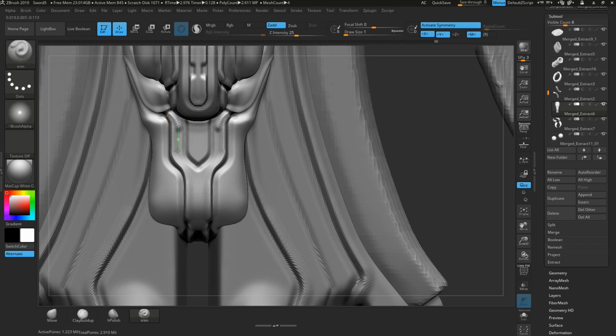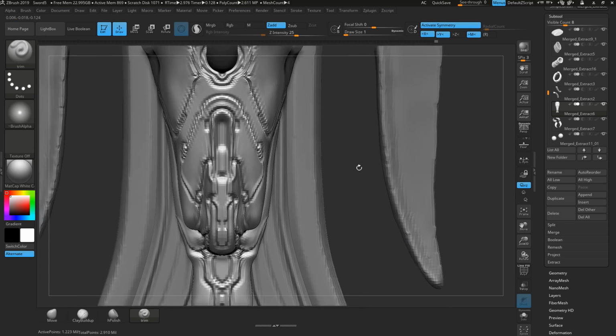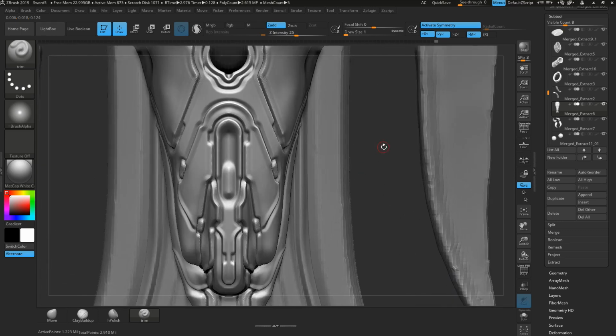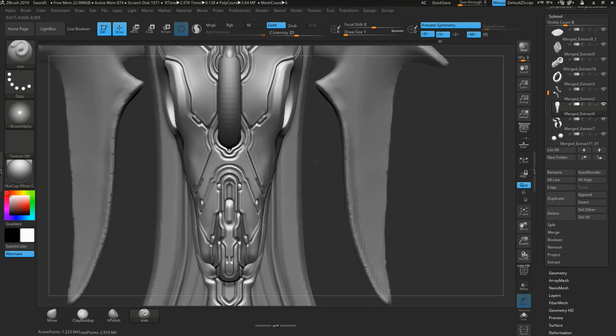So I want to add another Z add here. I'm gonna make another one of these details here where we use Z sub together with Z add to have like this little hole with one of these tiny details in it, Z sub and Z add. And also here I want to have one of these Z add details, and this here could be a bit more detailed as well. So I'm gonna have another line in there,